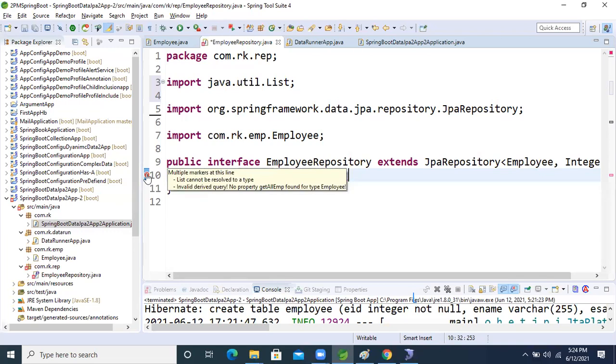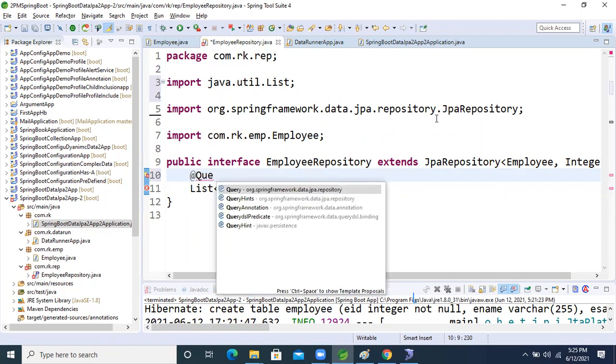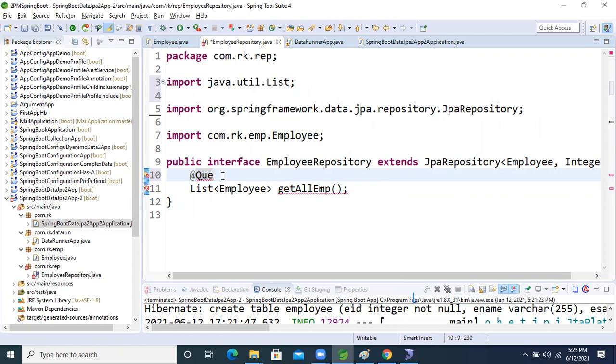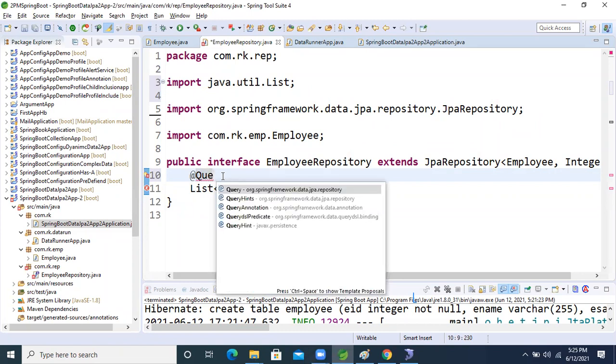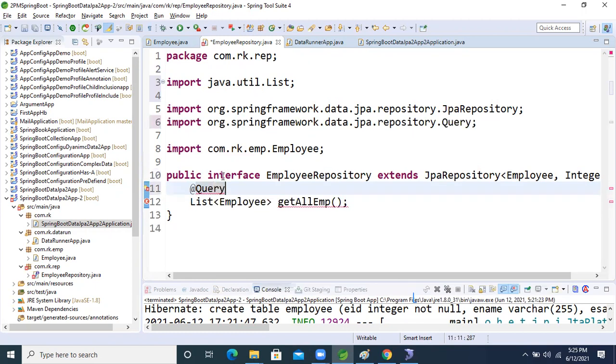Please take public. Starting public, no need. In the interface we are not writing it by default. Okay, good, no problem. Without it, if we are writing like this only, we will get the error. So what we will do now? I told I want to write the query, right? This method wants a query, so what annotation we will take? Query annotation, because we are going to perform HQL operation, right?